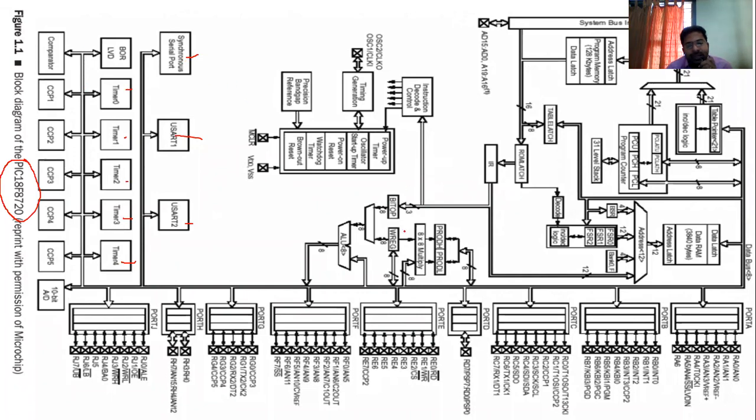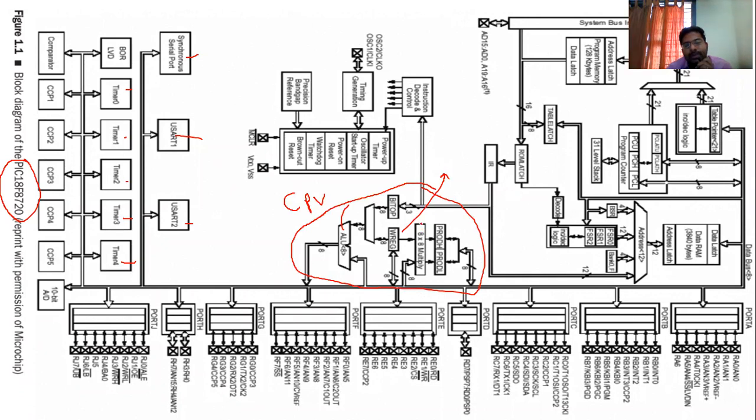At the same time, this is the CPU. It has an ALU, nothing but the arithmetic and logical unit. The WREG register is nothing but the working register. In PIC you call it the working register; in a microprocessor or microcontroller, you call it the accumulator.